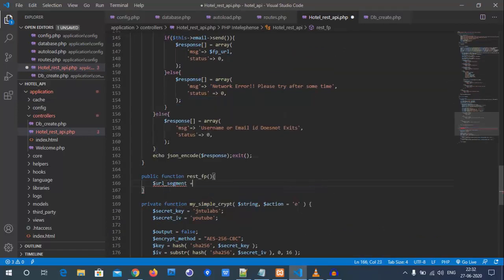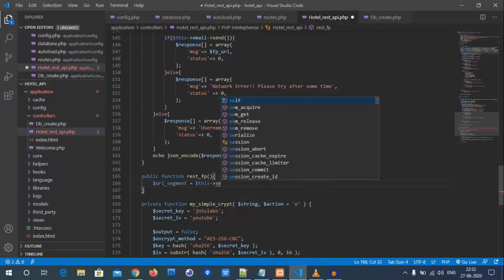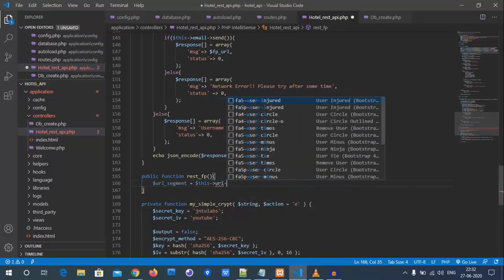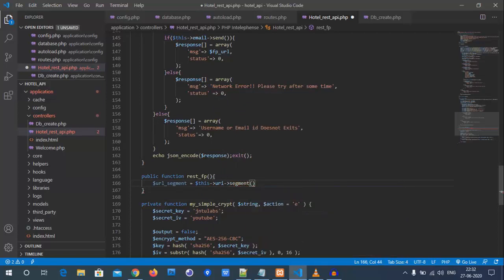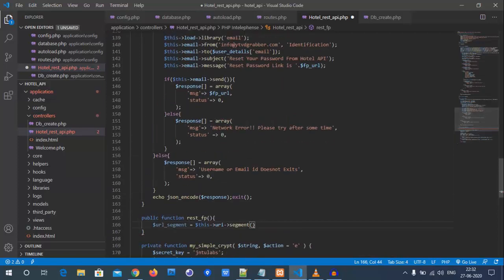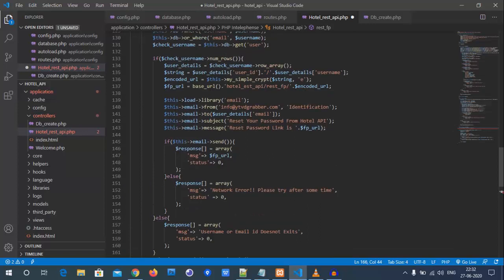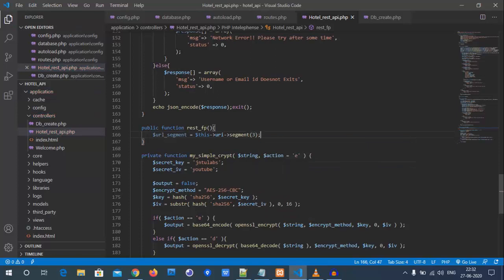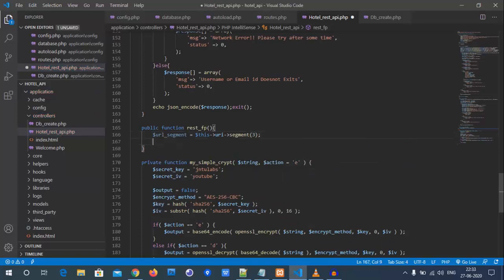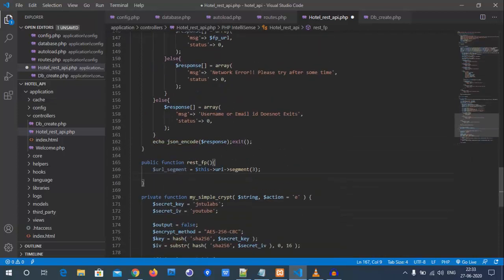Now what we'll do, dollar url segments, we need to get the segment, dollar this uri segment. We need a segment. See, as usual, what you will see is the link which we are giving. This will be like one, it's the 0th one, first one, second one, and this is the third one, right? And so we require it as a 3 basically to get this segment of the url.